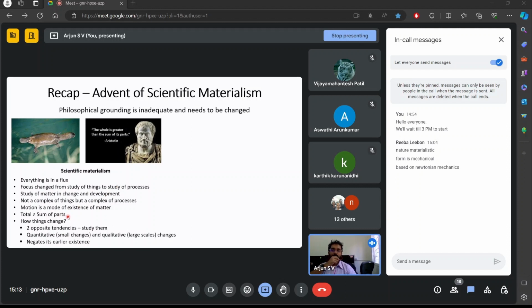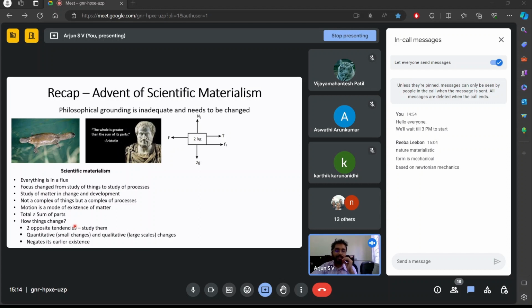And the two pillars on which scientific materialism rested is that every scientific phenomenon has two opposite tendencies. And through the lectures, we also come across this notion of frictional force, where if we apply a force to a body at rest, the force does not act alone on the object. Rather, a certain frictional force opposes our force, and keeps it intact.